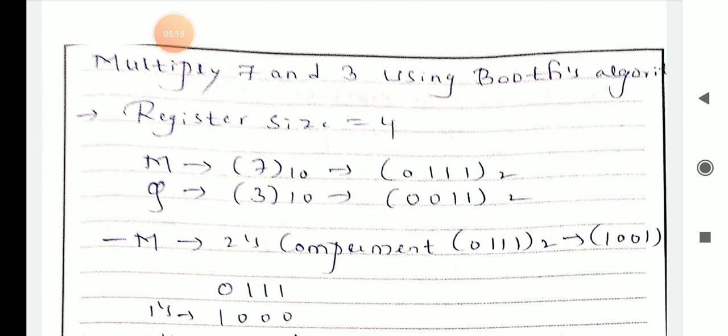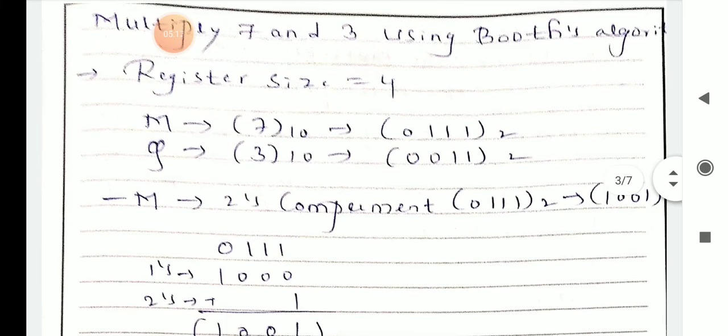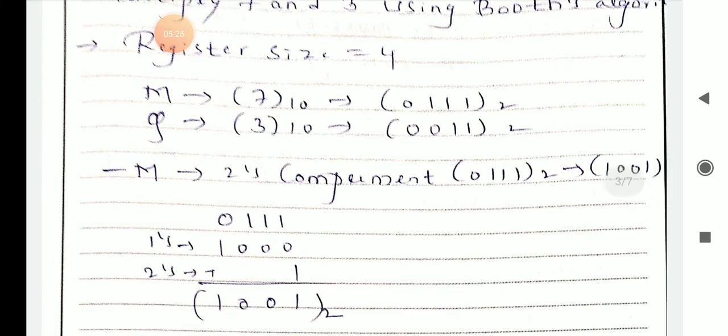They have not given the bit size or register size, so you have to consider 4-bit size. Okay, so n is equal to what? 4. So first, the multiplicand should be 7, which is the larger number, and the multiplier should be the smaller number. So q is equal to 3. You have to convert this into binary first. You know how to convert that? 8421 pattern, or 168421 pattern, or 32168421 pattern, or 64 something. You can take that one.